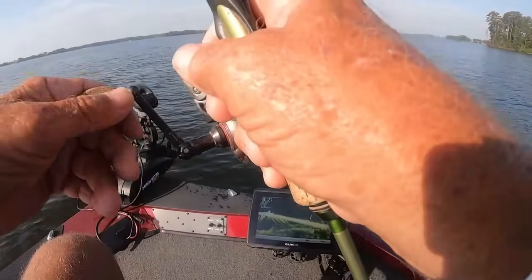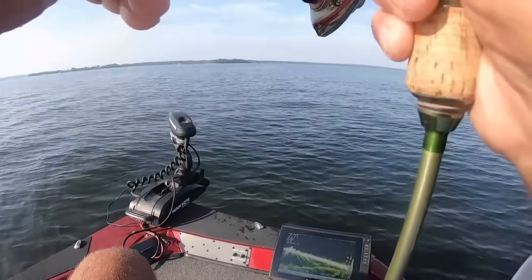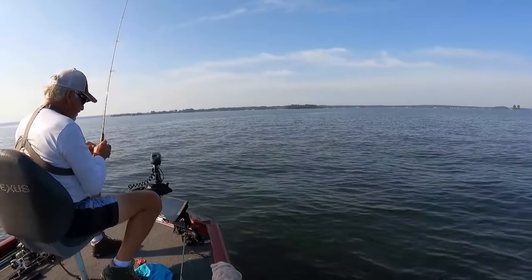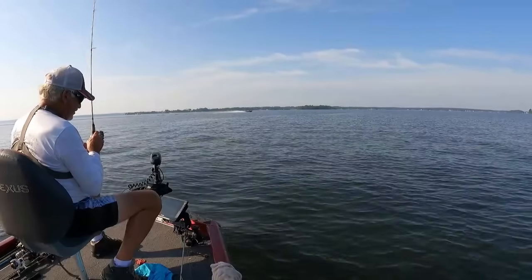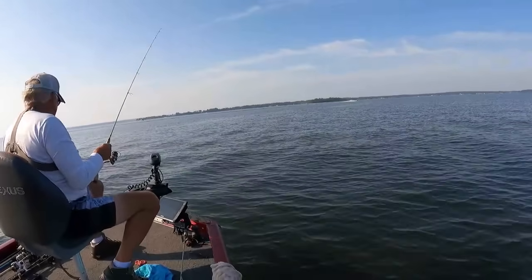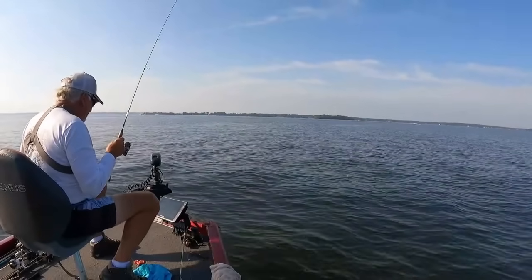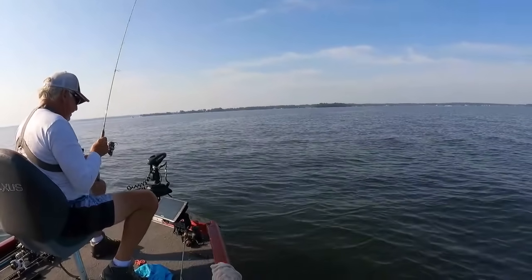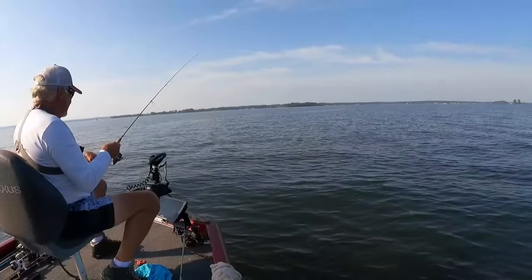All I'm doing is basically just hopping it across the bottom. One reaches down and gets it. It's old slimy grass laying on the bottom out there, and you'll get that grass on your hook in a minute. A lot of boat activity on the weekend here, holiday weekend. I'm gonna catch 5, 6, or 7 of these